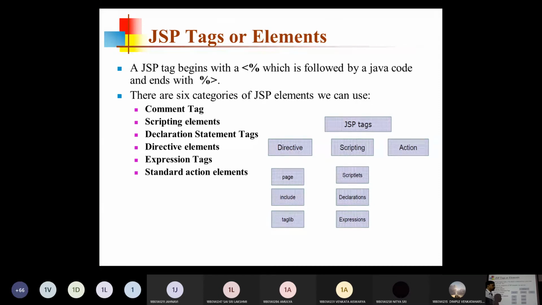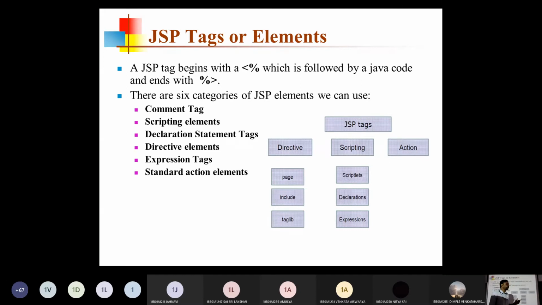The point is, JSP tags should start with angle bracket, percentage, and end with percentage, angle bracket. Wherever in your HTML or JSP page, if a tag starts with angle bracket percentage, that indicates it is a JSP tag, and ending with percentage angle bracket is the ending of the JSP tag. Am I right?